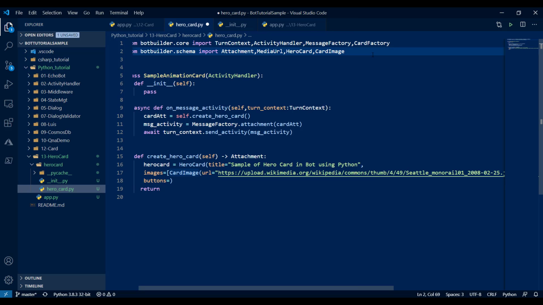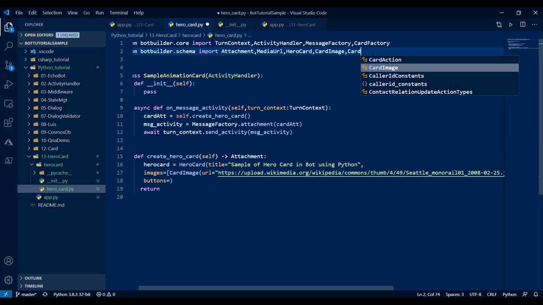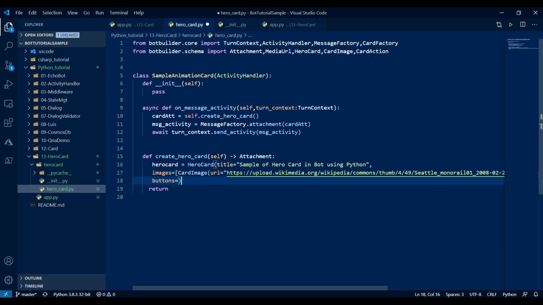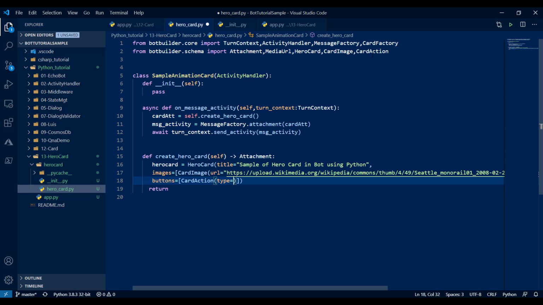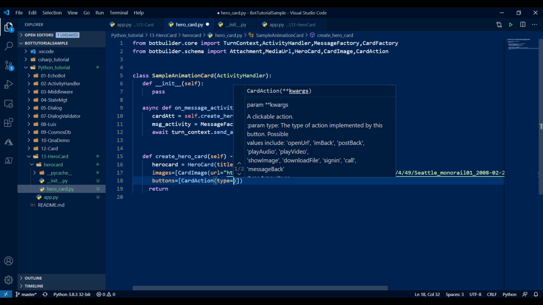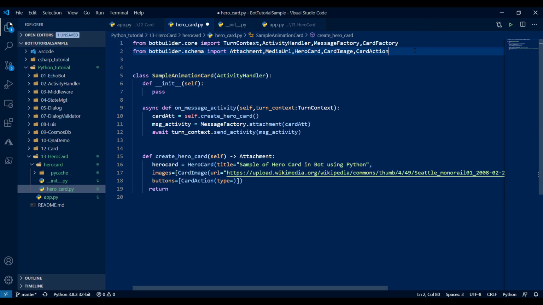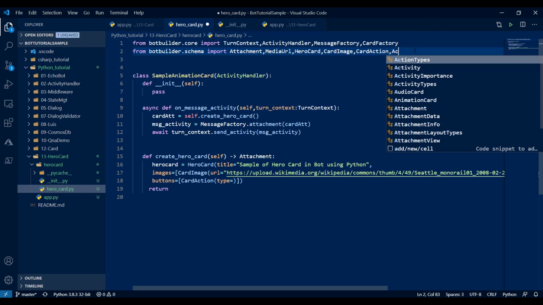Card action is also available in the bot builder schema. We just have to implement card action. Next, we have to define the type. What type of action is this one? First, we will see the action types, which are also available in the bot builder schema.